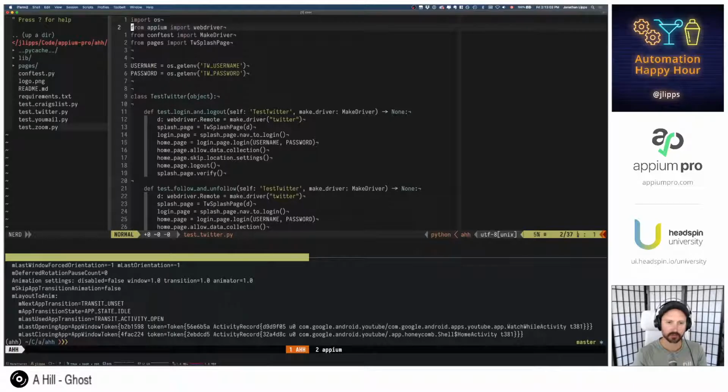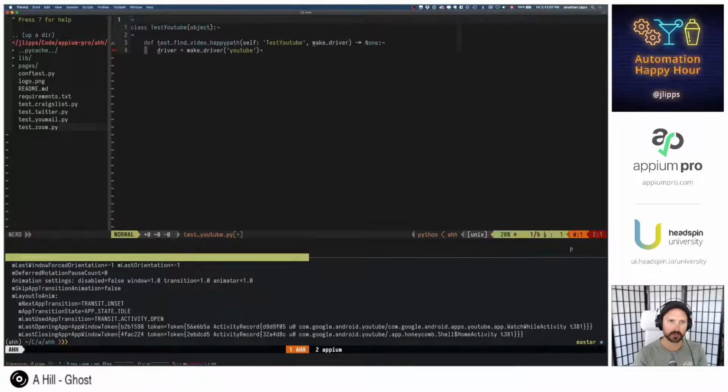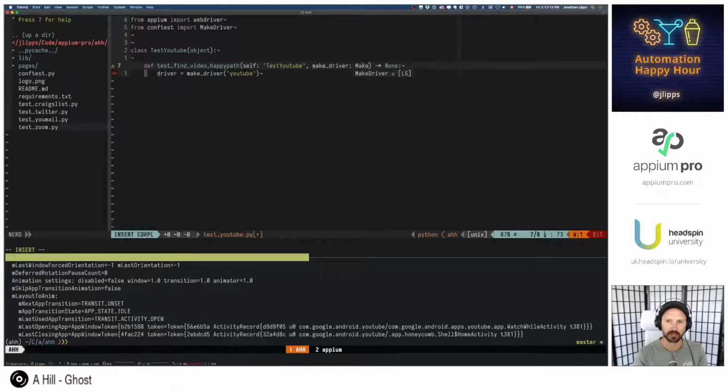Oh yeah, we also want to import some names because we're doing typing. So we need to say what type things are. So the make_driver is a type of MakeDriver. That's something I'll show you in a moment. And driver is a WebDriver.remote.